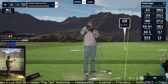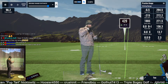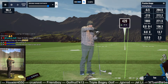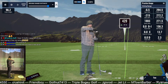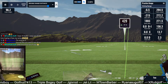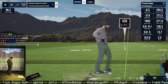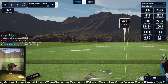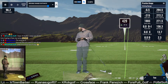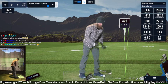We'll go back 8 down to 6, considering I was just hitting that pretty good, and we'll see. This will be funny if this is just off the planet now, going from the Newton to a stock shaft. I said it at the beginning. I would literally never have even considered getting a premium shaft, but it's pretty hard to argue with those results. Obviously, time will tell, but I was one of those skeptical people wondering, is the premium shaft really worth the money? Based on that, and the larger grip, I mean,